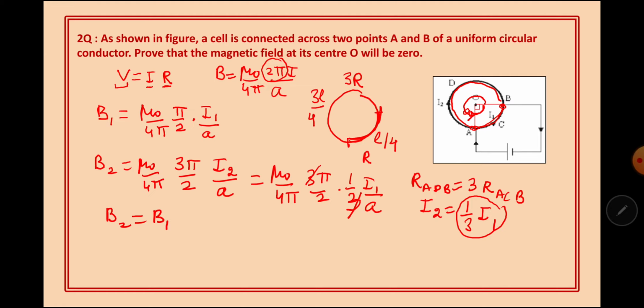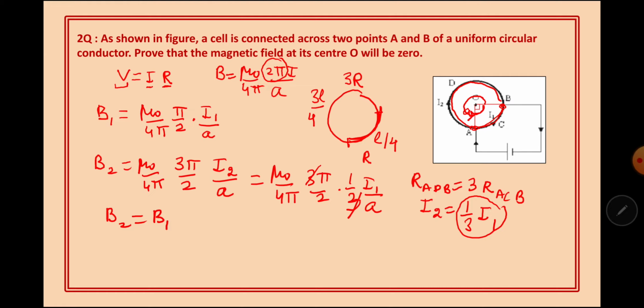Now the only point that we are left with is, when these two magnetic fields get added up, what will be the resultant. So we can make use of the right hand palm rule to find the direction of the field. Students, for the part ACB, when I curl the fingers of my right hand in the direction of current, my magnetic field turns out to be in the perpendicular outward direction.